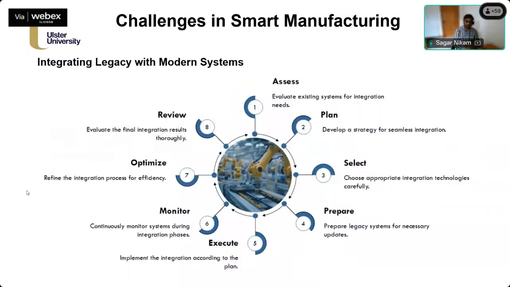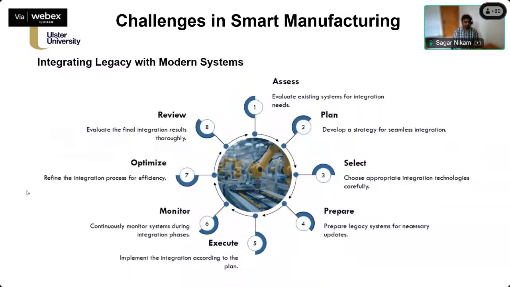Currently, most industries claim that they are doing some sort of monitoring, but most of the time, as I said before, when we talk about real smart manufacturing, real-time monitoring is very important. So again, there is a lack, due to the sensors. It's not possible to monitor the data or manufacturing process continuously. Then there's optimization, and finally, we don't have that many review policies to integrate all these aspects into the